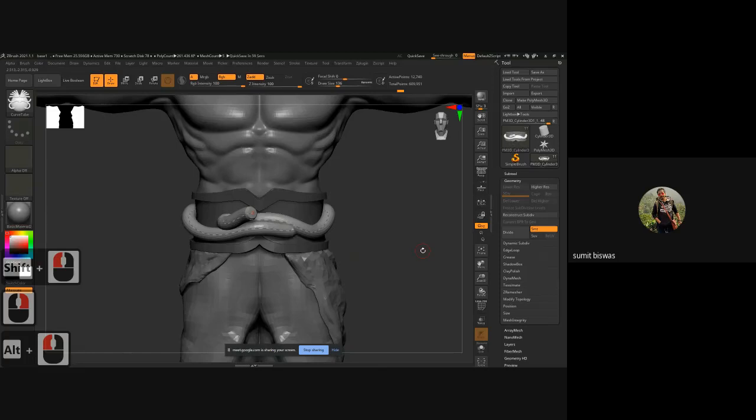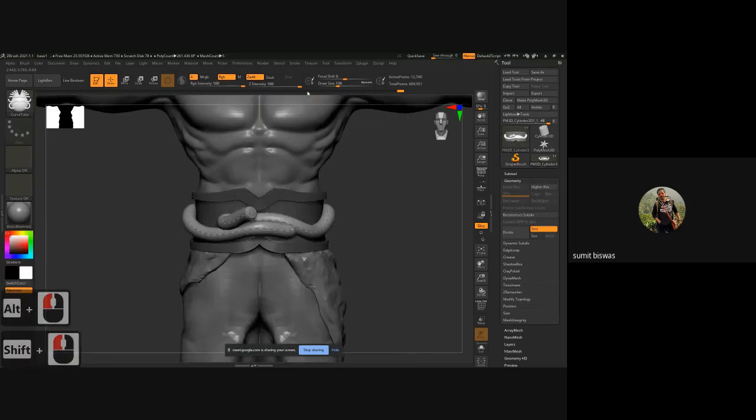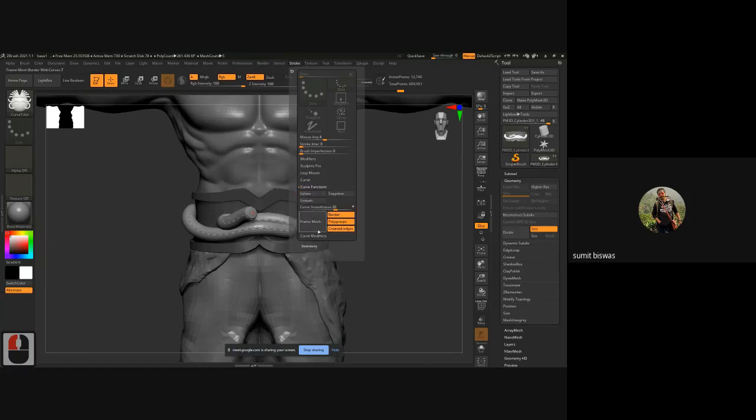Once you're done with this, this is only the basic structure. One more thing you can do is go to curve. You can see there is an option. Not this one, curve modifier, size. There's an option for size. You just need to switch it on and go to follow. It basically goes thick to thin.